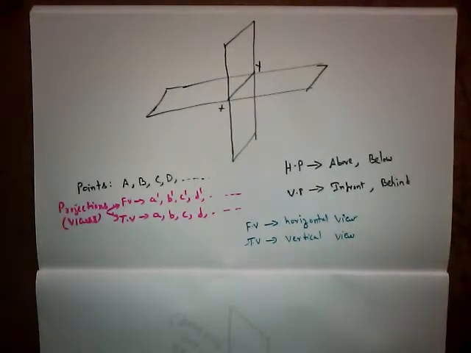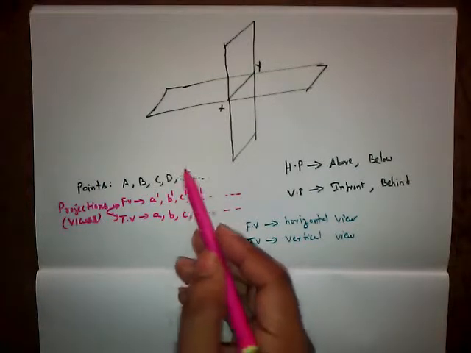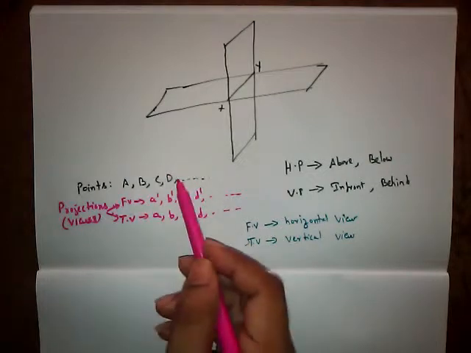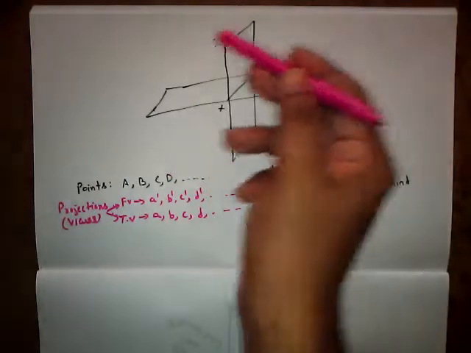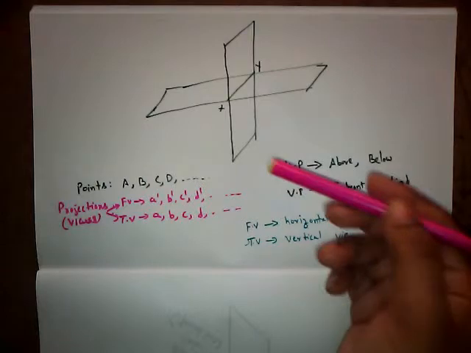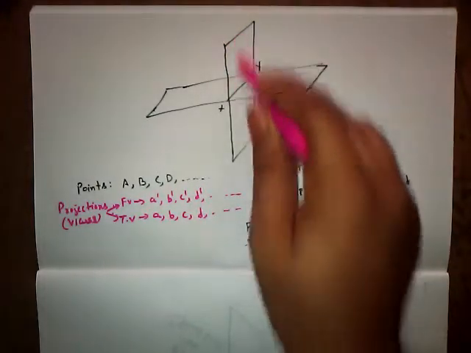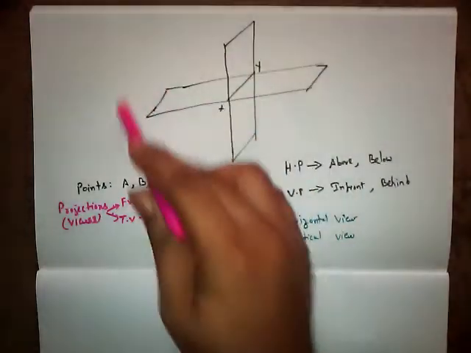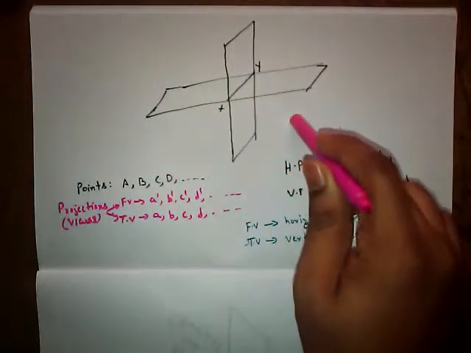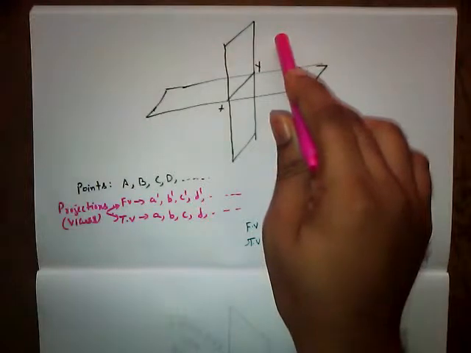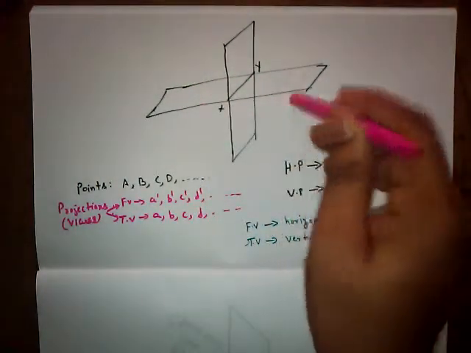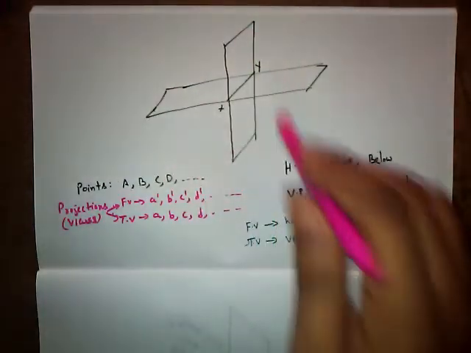So in a vertical fashion we need to view a particular object. Here we have the objects A, B, C, D, and these objects are to be present in any of these parts. This is our vertical plane and this is our horizontal plane. The vertical and horizontal planes divide the entire space into 4 important quadrants. This is called quadrant 1, quadrant 2, quadrant 3, and quadrant 4, in the anti-clockwise direction.